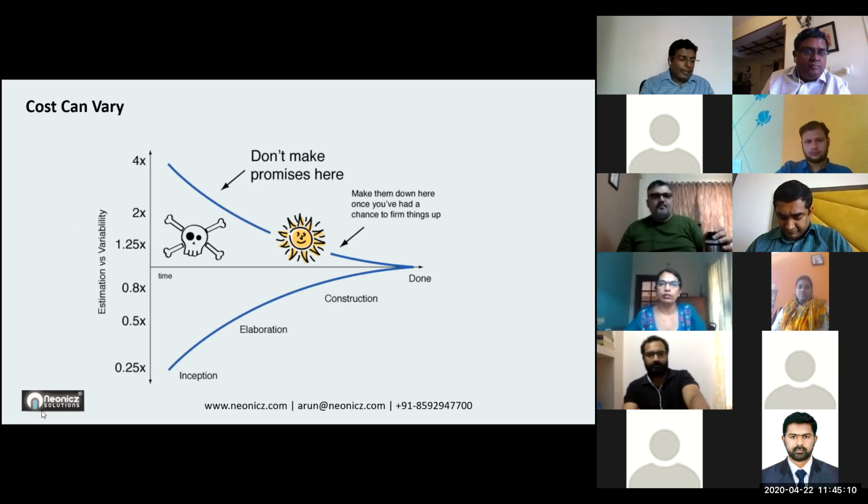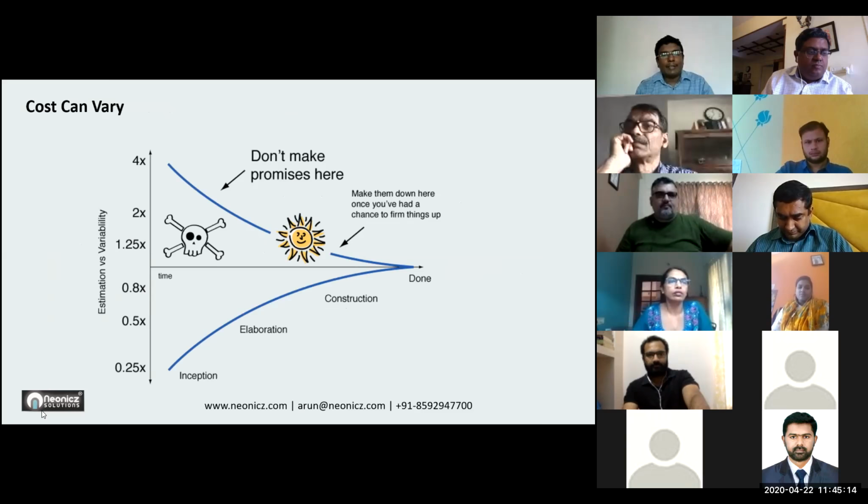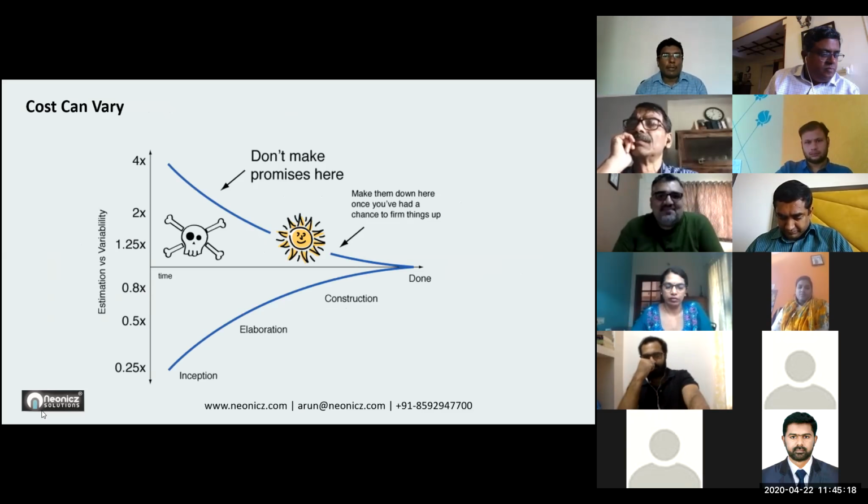There is always a clash that can occur between a customer and a software development company. That is the cost variation and the time estimation. Initially, the time estimation is provided by the software development company. What they are giving is a dream.